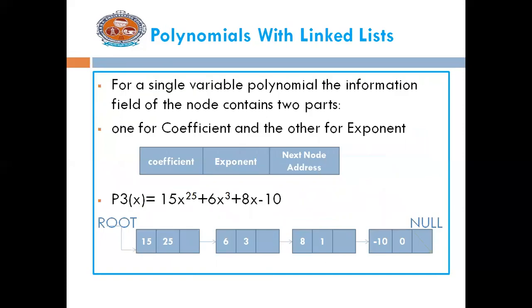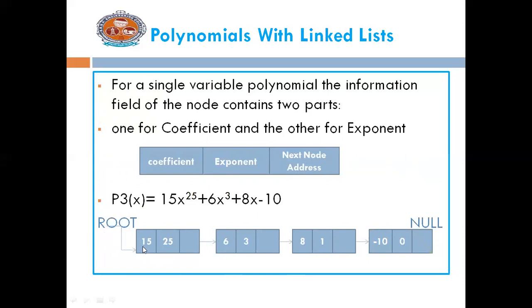Coming to polynomials with linked list representation, for a single variable polynomial, the information field of the node contains two parts, one for the coefficient and the other for the exponent. The link part is used to store the next node address. For this example, the linked list representation is like this. Each node is used to store the information about each term in the given polynomial, and root is an external pointer that points to the first node.